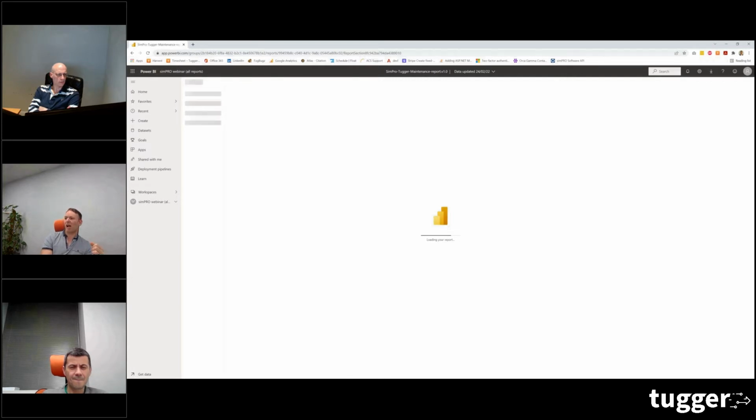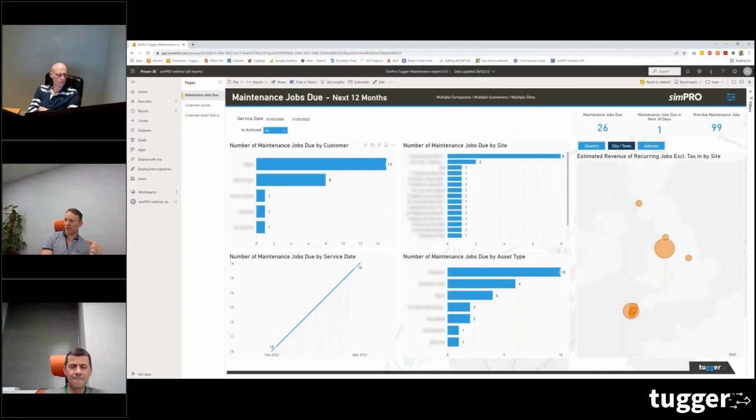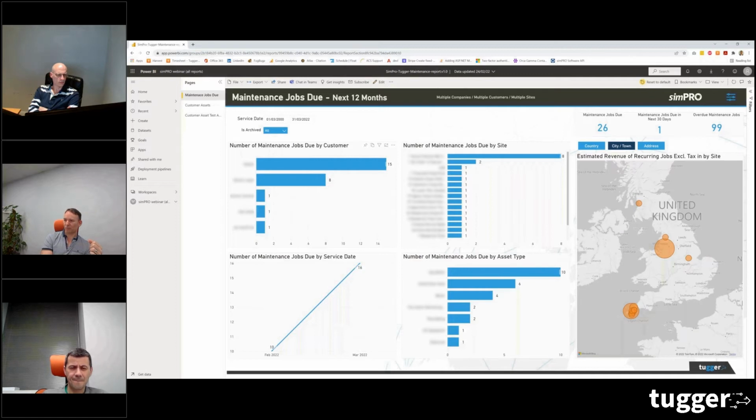and this is looking at the maintenance jobs that you've got scheduled in. So these are things where you're doing annual maintenance or monthly maintenance and things like that. You'll see here as well that on this particular report, there's actually a map showing where all these service jobs are due. So if I just wanted to say, right, okay, I want to see all the jobs in April